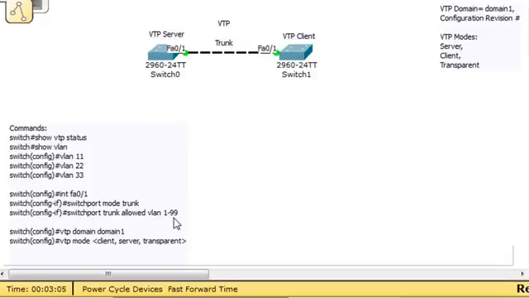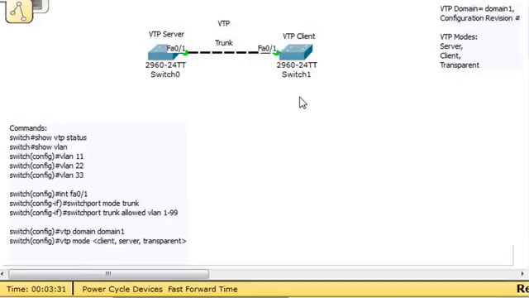And we allowed all the VLANs. The other port auto-negotiated to a trunk because of DTP and the fact that it's in dynamic auto mode. So we achieved a trunk here. And then we did these commands, VTP domain 1, and then VTP mode, the default mode is server. So we didn't really have to do it, but the default is in VTP mode server, and so we created